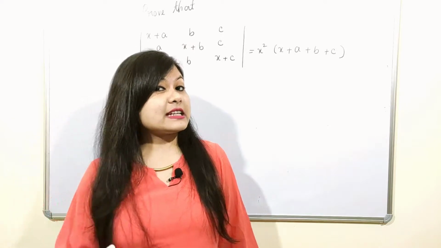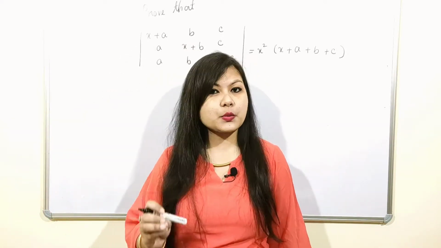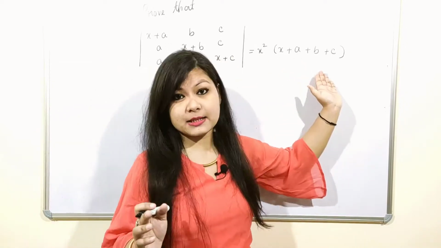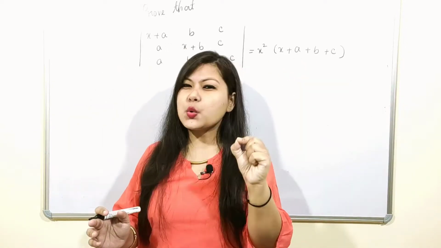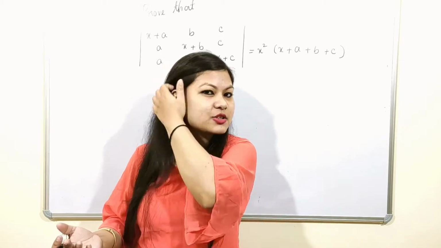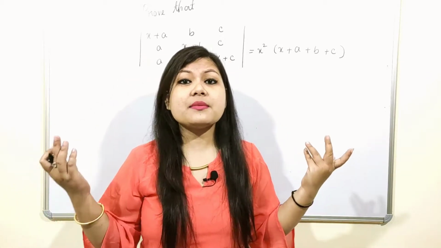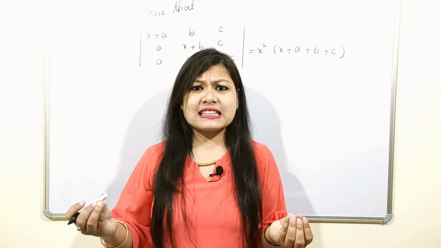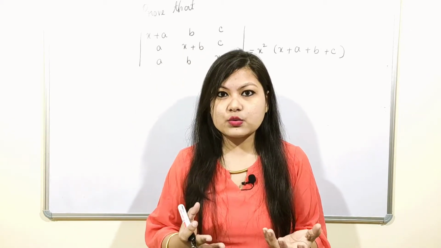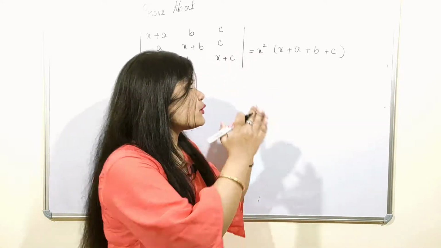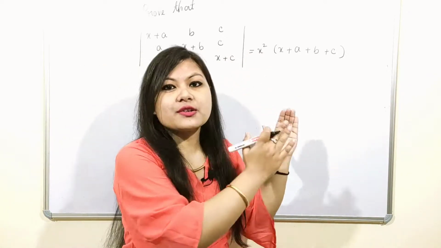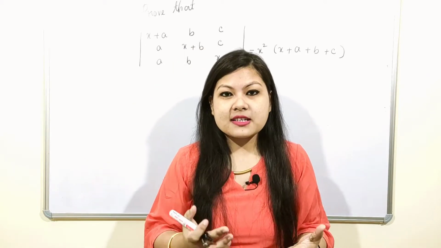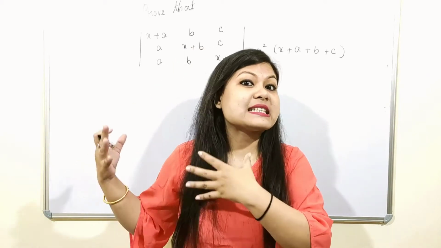Now I have already told you that whenever you are given this type of question, always look at the right hand side value. You will always get one hint on how to proceed, because there are numerous properties of determinants. You cannot definitely say which property we need to use, so the right hand side will give you an insight into how to proceed with this type of question.